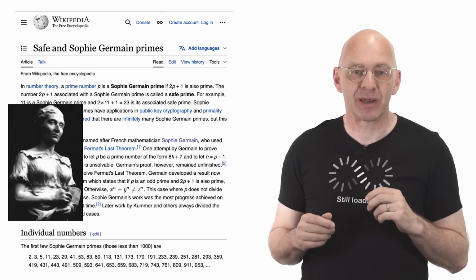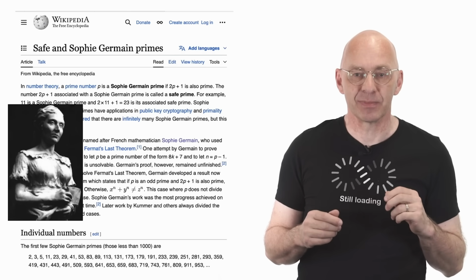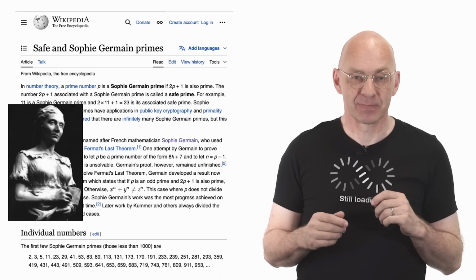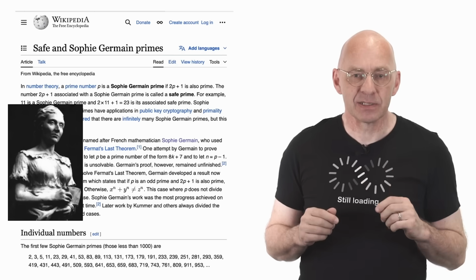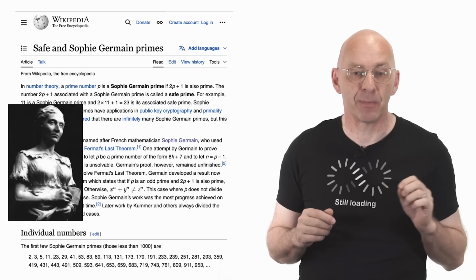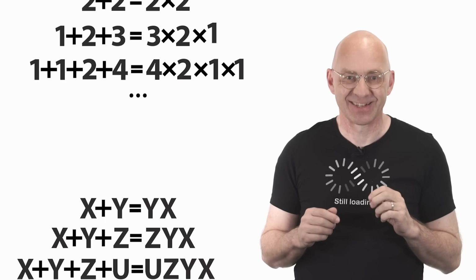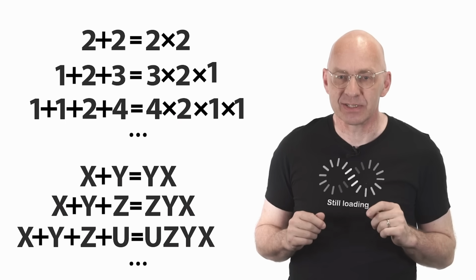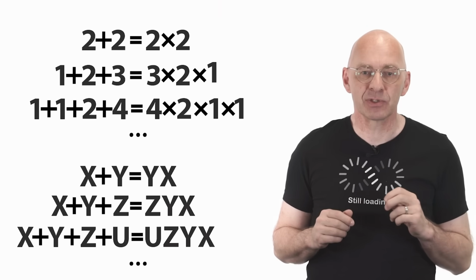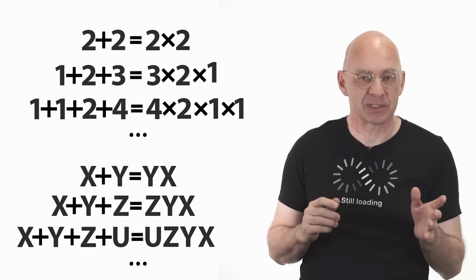She discovered these primes while working on Fermat's last theorem, one of the most famous open mathematical problems at the time. But before I get started, I'd like to take this opportunity to pick all your brains to dig for mathematical treasure. In your mathematical journeys, did you ever encounter any of these sum equals product identities or equations in